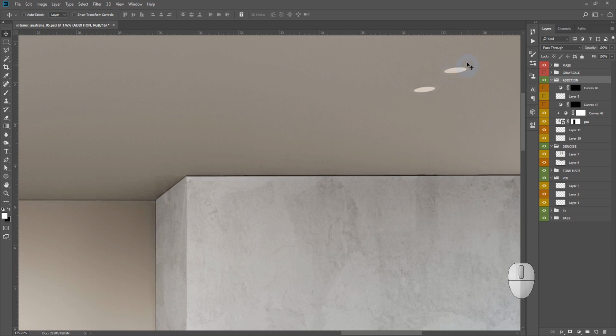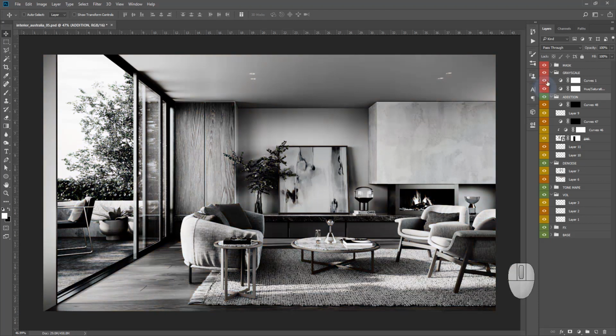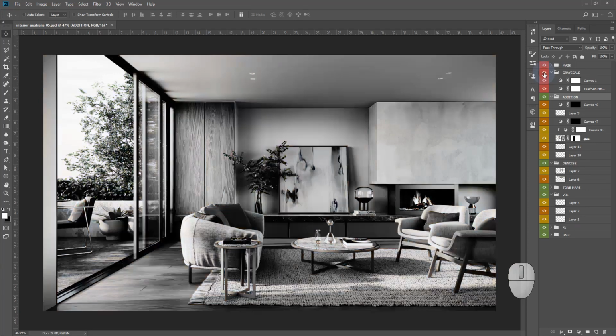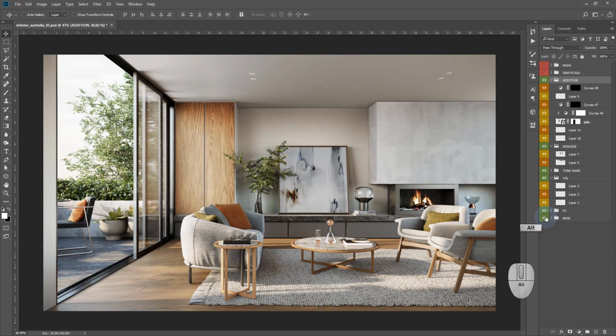Holes for the lights here. Looks quite flat. So, I just added glare inside. Here is a work with glare, and I have a grayscale group, just in case I need to find a lack of contrast or volume. This group is highlighted in red because it is temporary. So this is a final result, before and after.